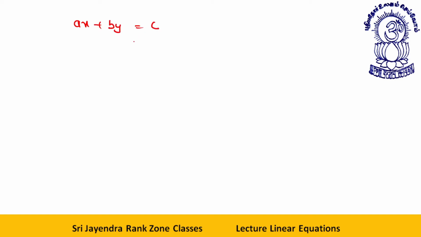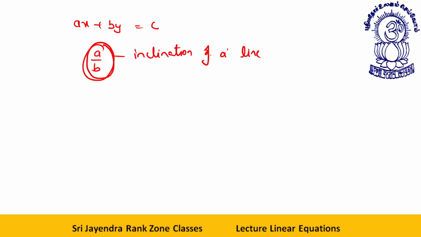c. Okay, ax plus by is equal to c. Then dear students, there is a ratio called minus a by b, or let's talk about only a by b. A by b defines the inclination of a line. What is the inclination? Inclination means slope. It's actually minus a by b, but the concept which I need to tell you, I can explain by a by b also. A by b means inclination or slope.